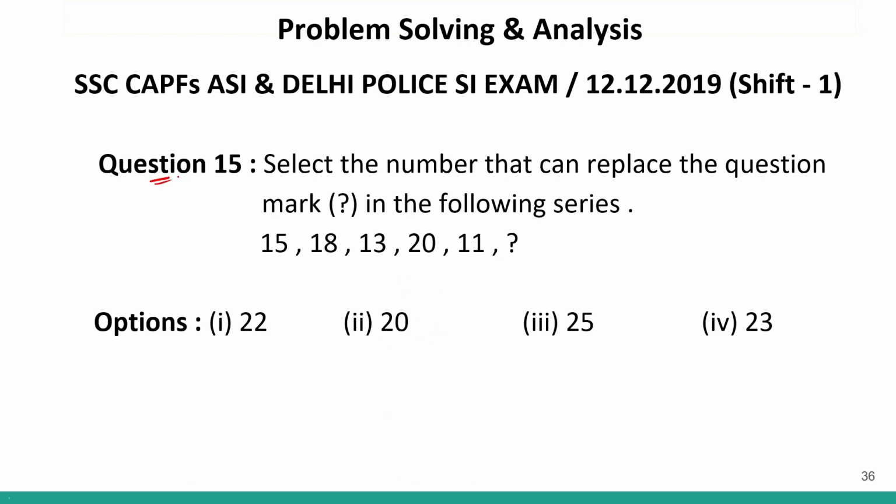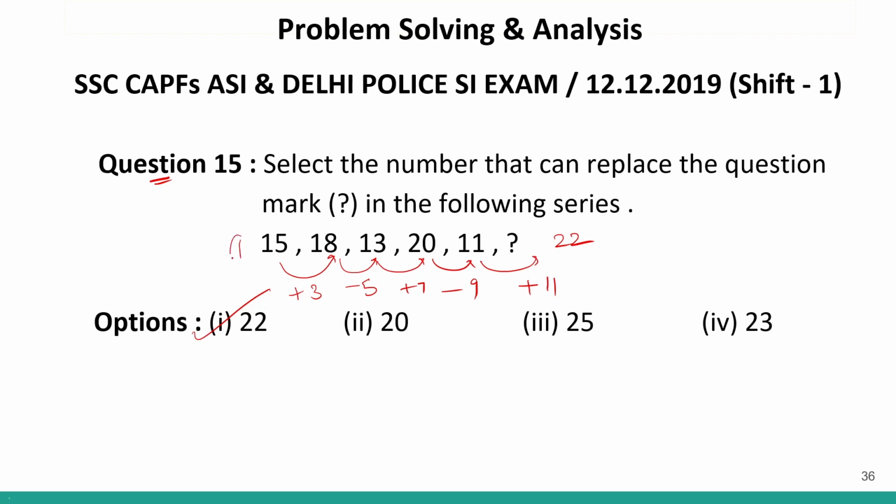Now, question number 50. Again, a question of number series. Now I can see over here in this question, this is plus 3. This is minus 5. This is plus 7. And this is minus 9. So again, alternating numbers. Plus 3, minus 5, plus 7, minus 9. So we'll go plus 11. And if I add 11 to this, I'll get 22 as the answer. So my correct answer will be option number 1, 22.